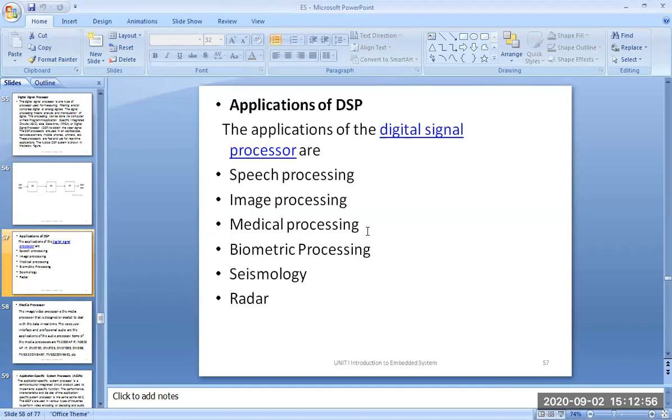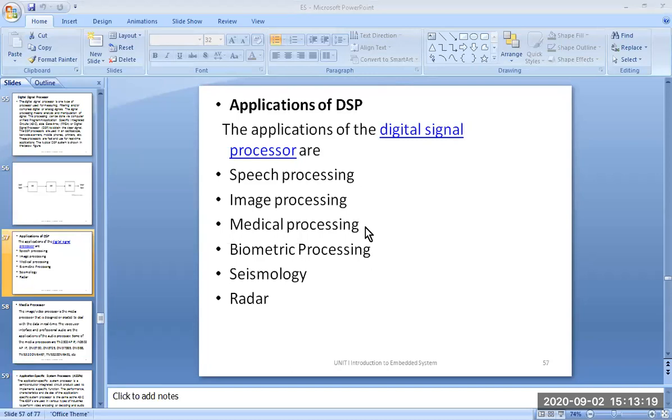Next, if you look at the architecture of a DSP and a normal processor, a normal processor is aimed at executing all the general purpose instructions, whereas a DSP processor is meant for DSP applications.